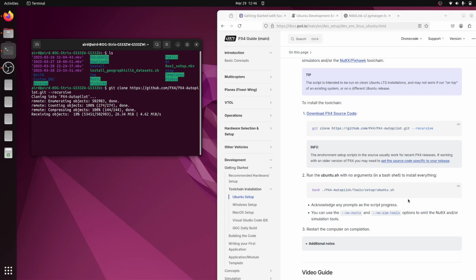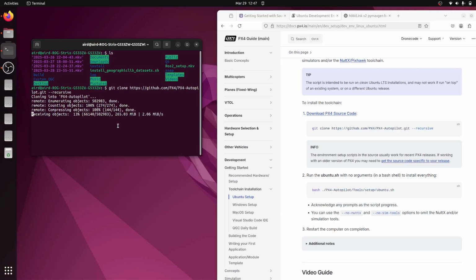Then once it is cloned properly with all the submodules and everything, we will have to run this script, which is inside the tools folder inside the PX4 autopilot firmware. Once we run this, a lot of other libraries and related packages will install, which will help us compile the PX4 properly. I have already used PX4 many times on this system, so I might not see any kind of new installation, but when you are setting up the PX4 for the first time, I would suggest you run this command and just wait for it to complete. All right, okay, first let's wait and